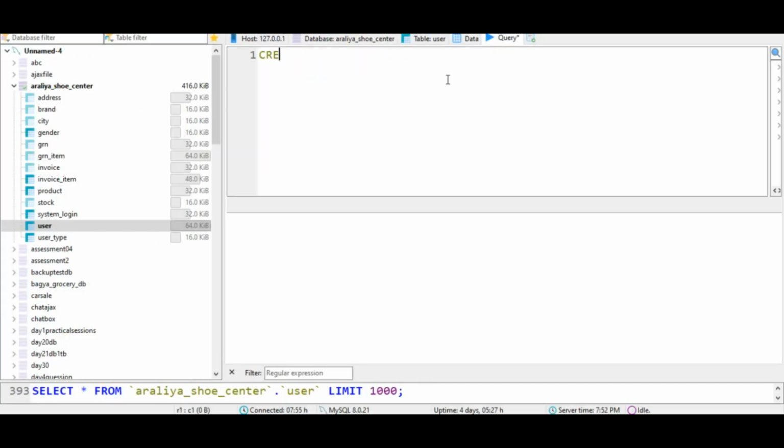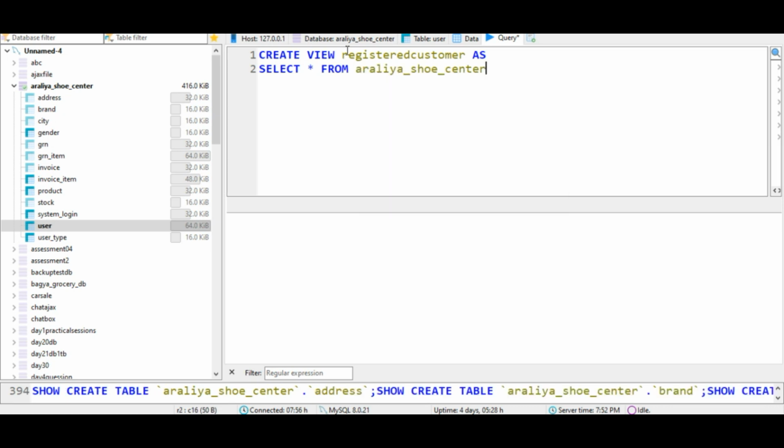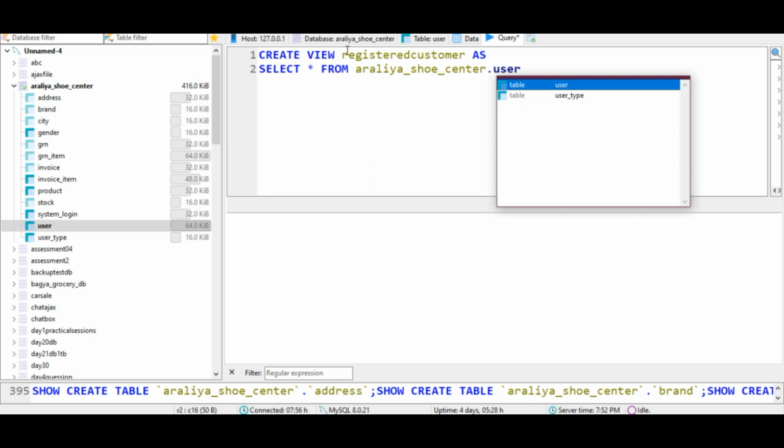Let's create a view. So create view, and we have to name the view. So I'm going to say registered customer as. Now we have to write the typical query. So I'm going to select all from earlier shoe center user where